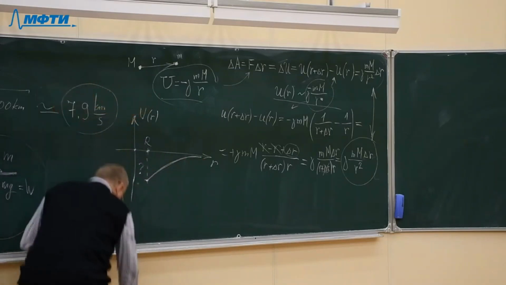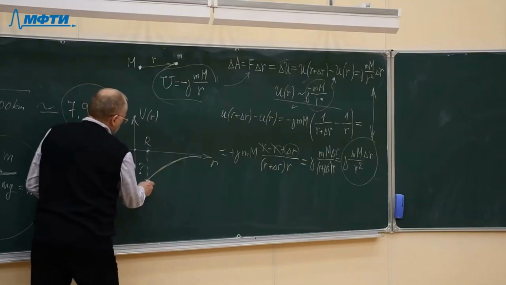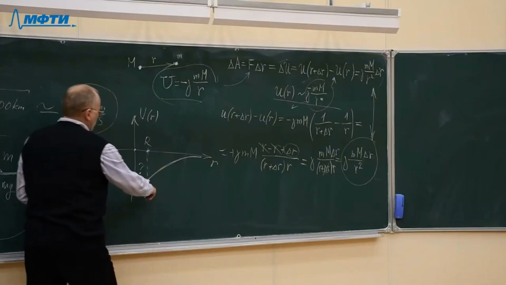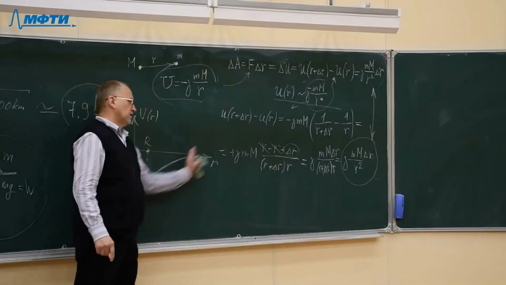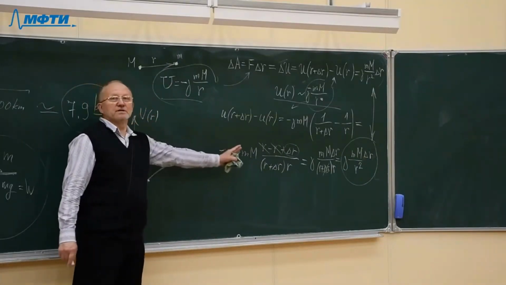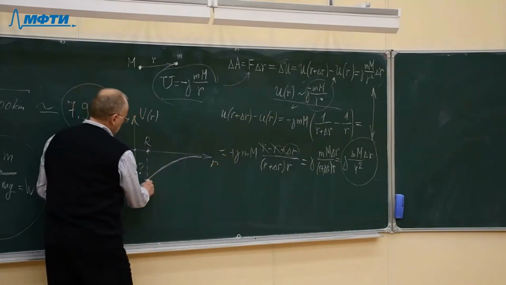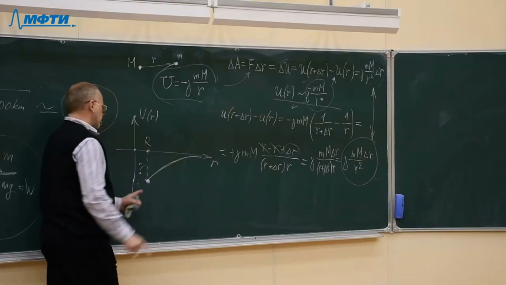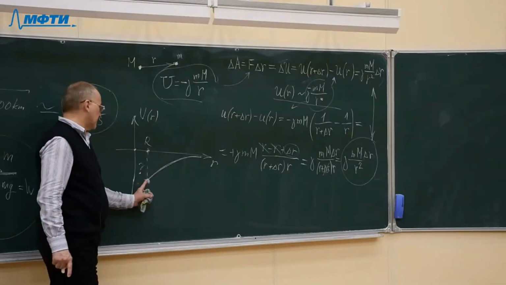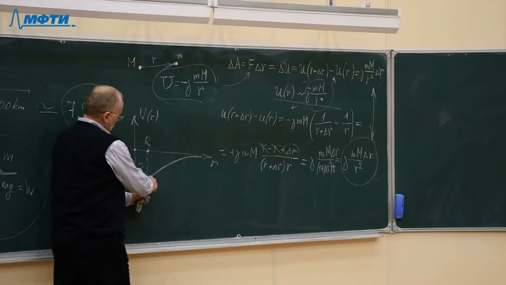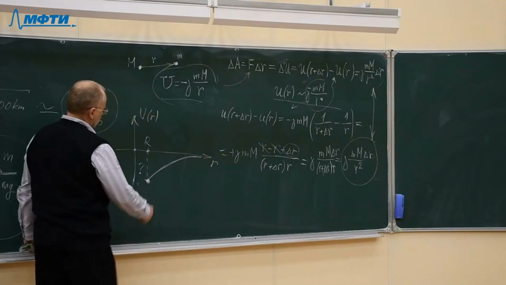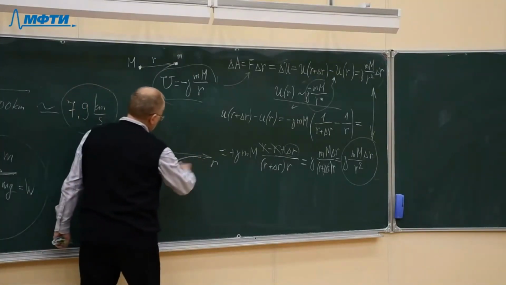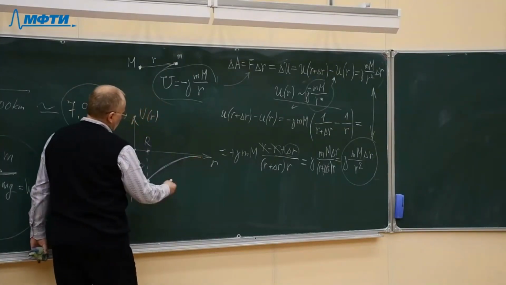So if the object is on the surface of the planet and we want to send it far away from the planet to interplanetary space, then we must give this object a high kinetic energy in order to overcome this potential energy. We know that when the object moves,